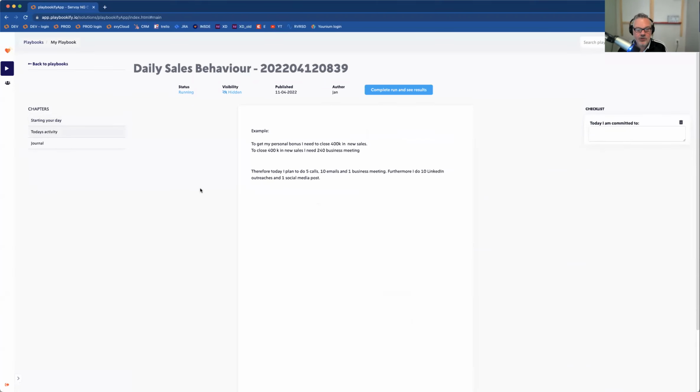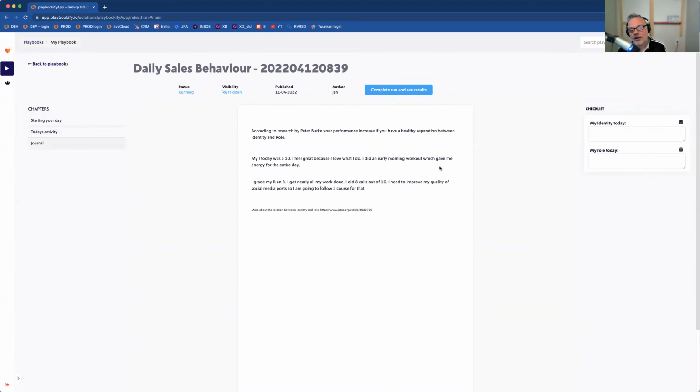Then what I like my sales teams to do is briefly write down what their eventual goal is, break it down to what my daily activities should be, and then at the beginning of the day say, this is what I'm going to do today. And it should be brief. Today I'm going to do 5 calls, 10 LinkedIn reach outs, 2 meetings, done. And then at the end of the day, you journal and you write down,